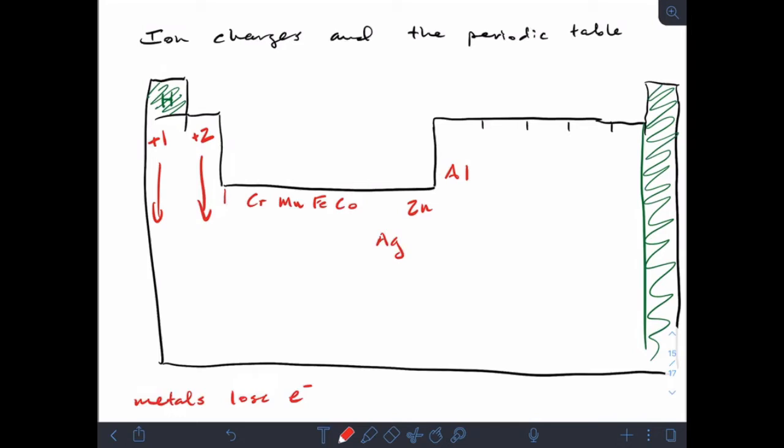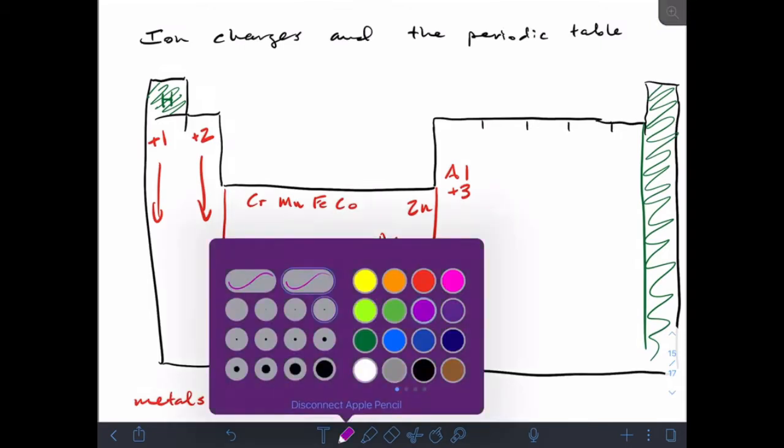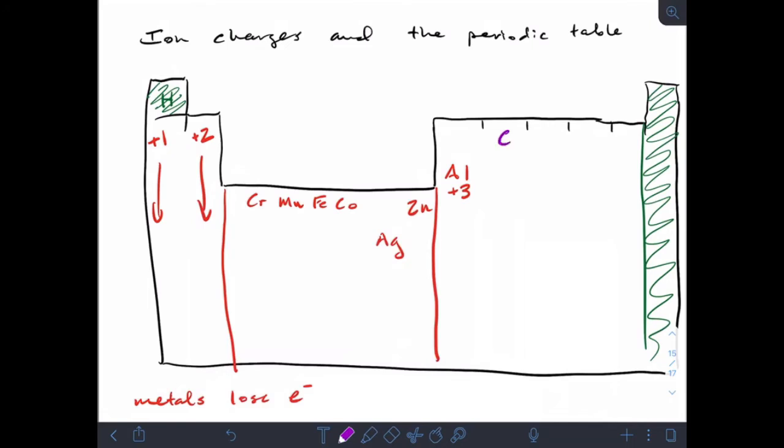And then we're going to skip over the transition metals for now, because the transition metals are notoriously disorganized. Now we get across to the other side of the periodic table. We've got this pattern going of +1, +2. We keep going and we get to aluminum, and aluminum makes +3. Now this column where carbon lives, carbon lives right here in the periodic table. This column,